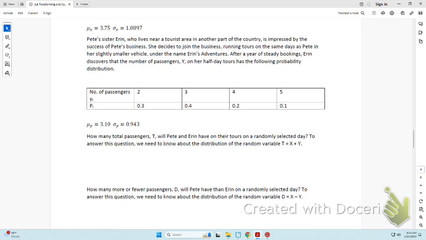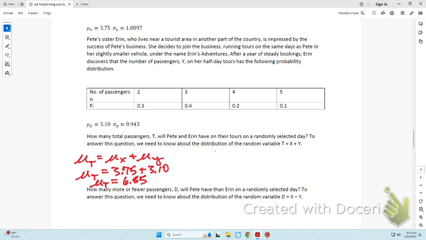So we did this part here. We did mu t equals mu x plus mu y, and we got 375 plus 310, which is 6.85. We got that, and then